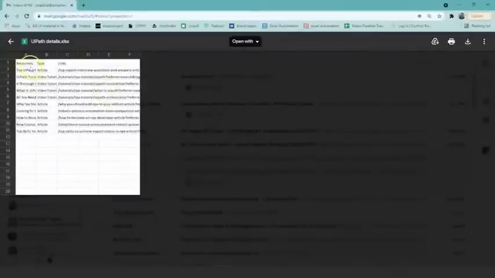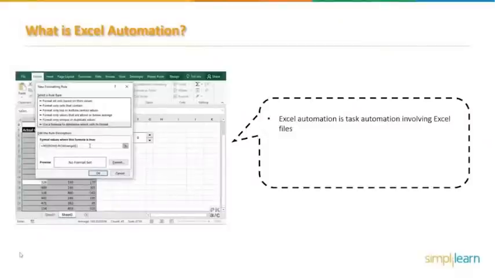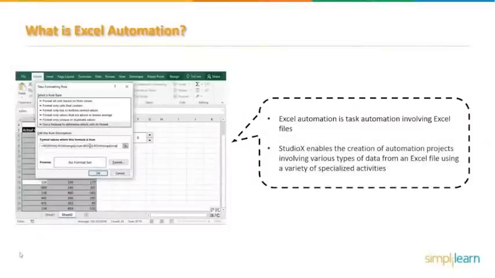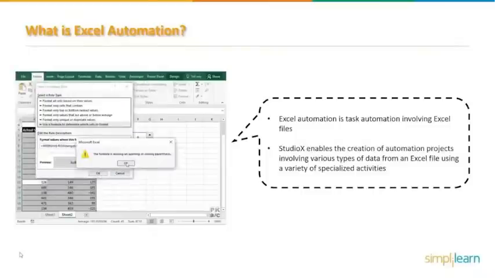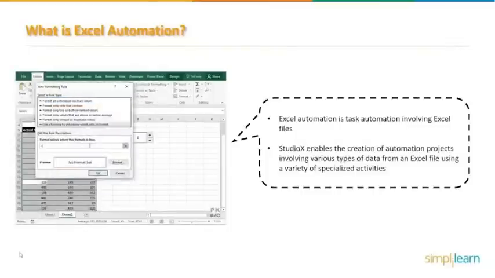So here you can see I have received the file, which consists of resources, the type and the link. What is Excel automation? Excel automation is a task automation involving Excel files. Studio X enables the creation of automation projects involving various types of data from an Excel file using various specialized